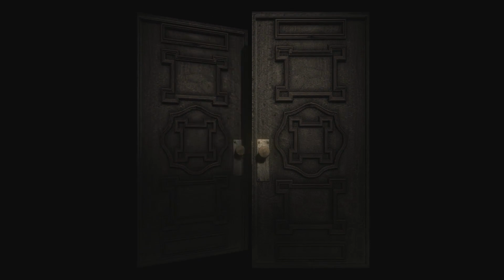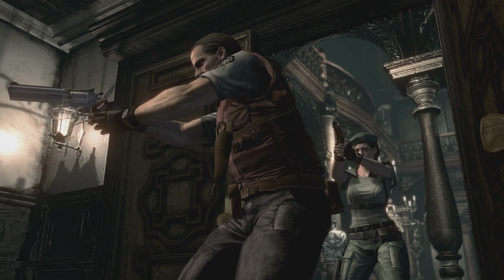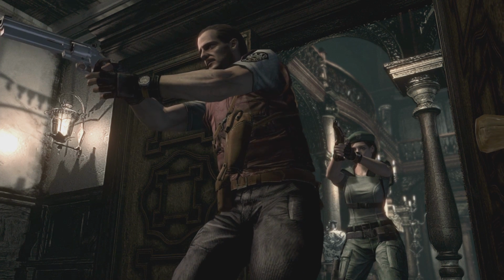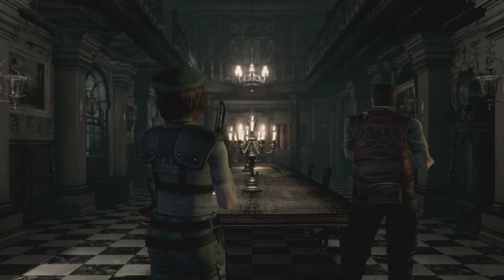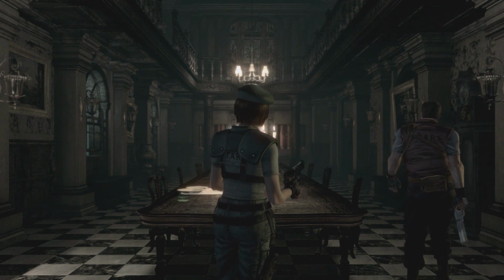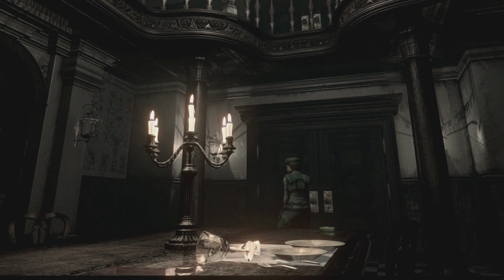Okay, so here's where we're about to start. I'm going to go through things pretty much the most efficient way possible. But I'll try and remember to show as much as I can. A dining room. Okay, so immediately the first thing we want to do is turn around and head outside, back the way we